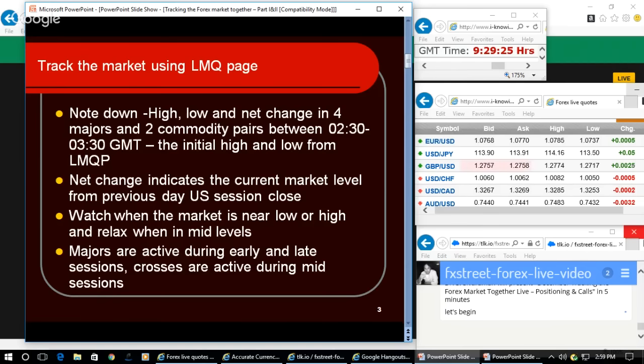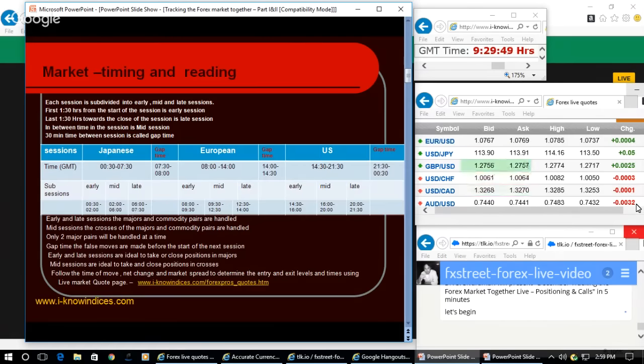Then in the case of commodity pairs, Canadian dollar by showing negative net change is showing USD weakening move. But Australian dollar showing negative net change is exhibiting USD gaining move. So when they are making contrarian moves, some currency is showing USD weakening, some other currency is showing USD gaining move. During such times, we understand that the players make such contrarian moves in order to handle the crosses.